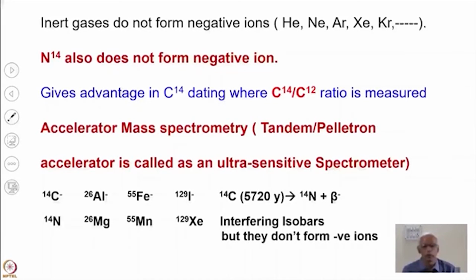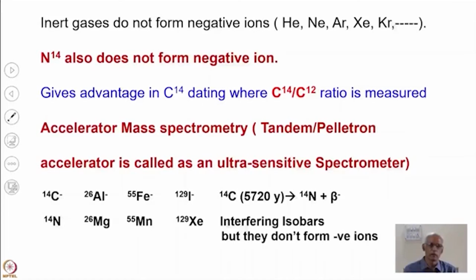to go to a next orbital which has a high binding energy. So none of the inert gases form negative ions. For example, inert gases are helium, neon, argon, xenon, krypton, and so on. And in addition to these inert gases, another atom, nitrogen 14, also does not form negative ions. And this is a bonus for the scientific community, because this allows us to do very accurate measurements as far